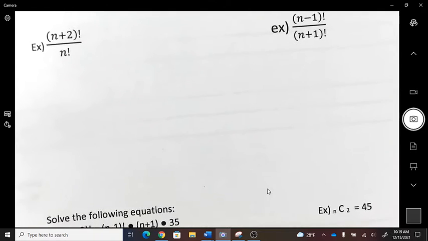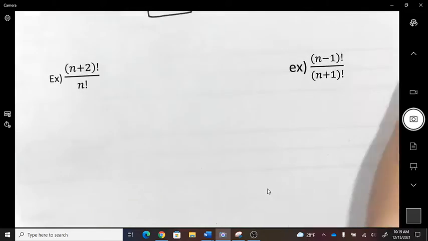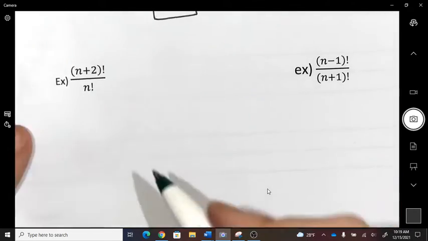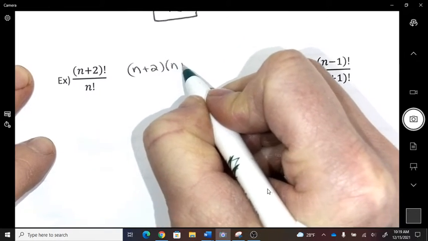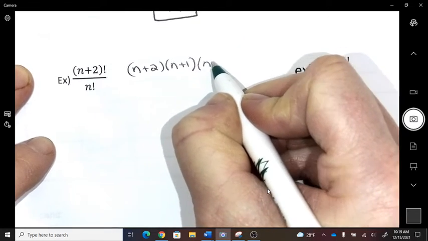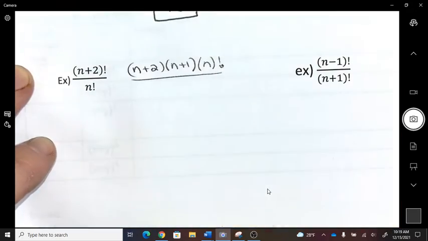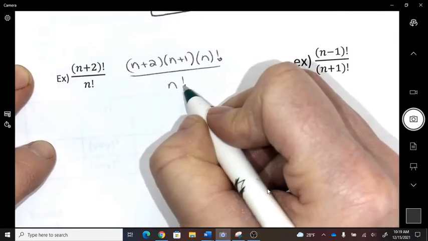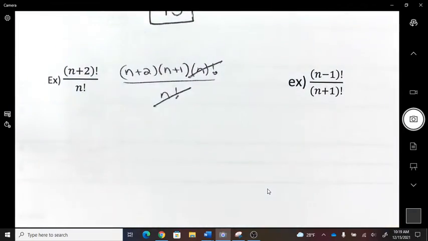Okay, n plus 2 and n, they're both factorials. I'm going to expand the bigger one. So n plus 2, n plus 1, n factorial, n factorial. I can cancel. So I think this is basically the same idea as the last time, so I'm simplifying. So I'm left with